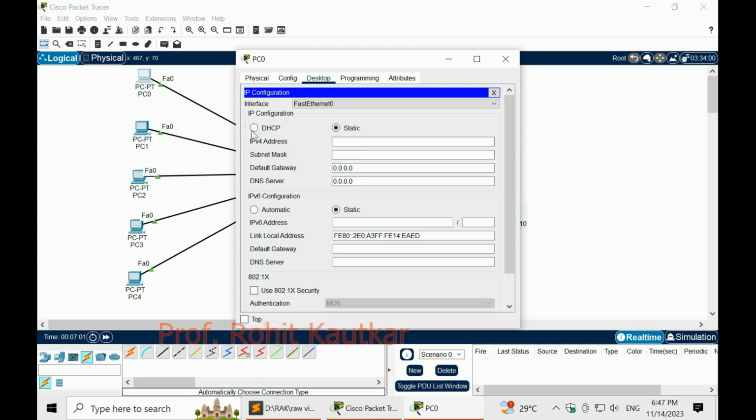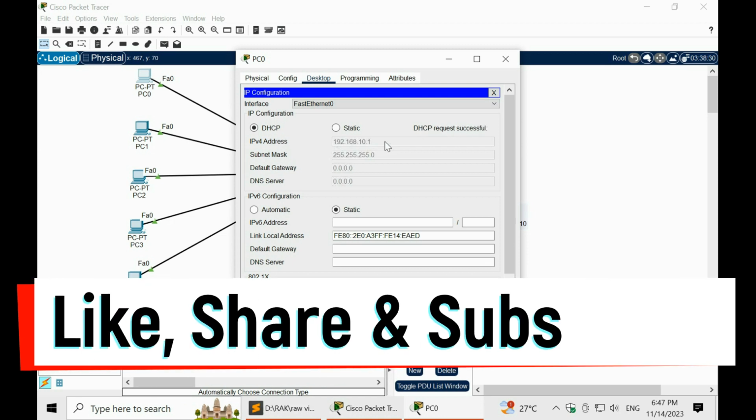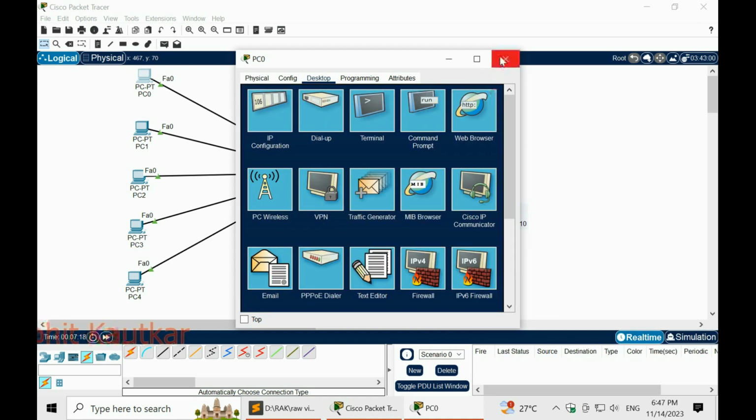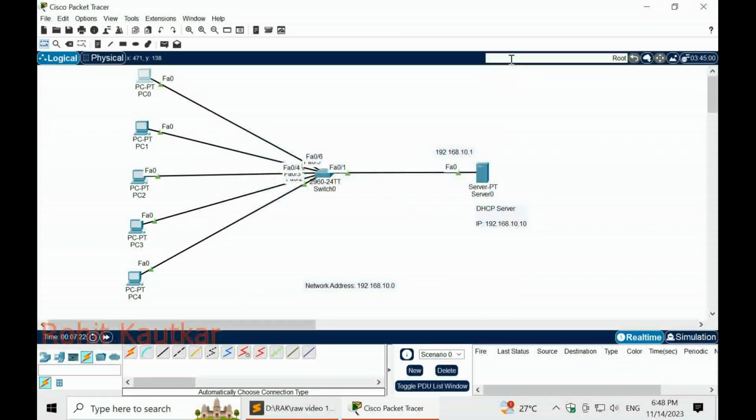Now we have to click on DHCP here. Now you can see it is requesting an IP address, and our request was successful. You can see now from our pool we got this IP address 192.168.10.1. So here the configuration of the first machine is completed.